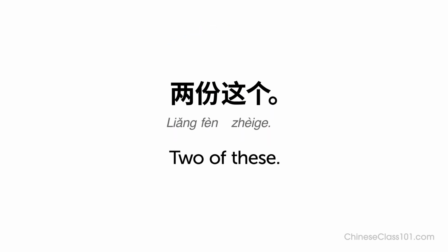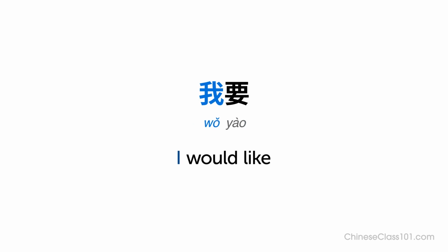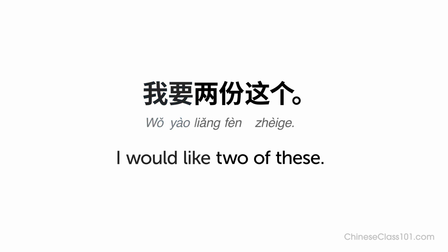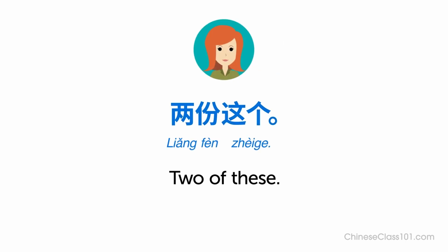Note, this pattern is the shortened form of 我要2份这个, I would like 2 of these. 我要2份这个， 我, I, after that is 要, would like in this context. The speaker omits 我要 as it is understood from the conversation. 2份这个，